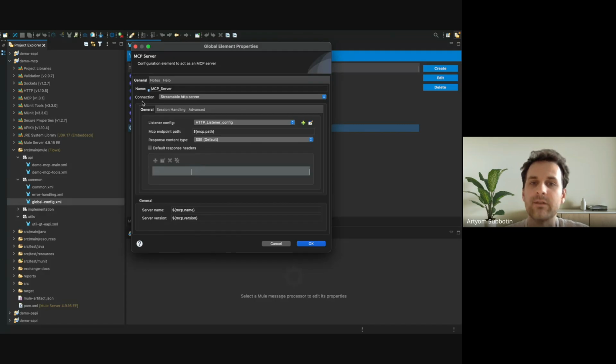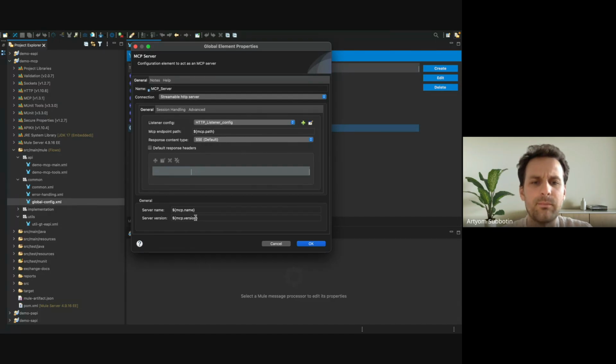The connection type or transport mechanism we already reviewed, and we are using not the SSE server, which I believe is already outdated. We are using the streamable HTTP server. Then we have several configurations like the listener and MCP endpoint path, and that's it.